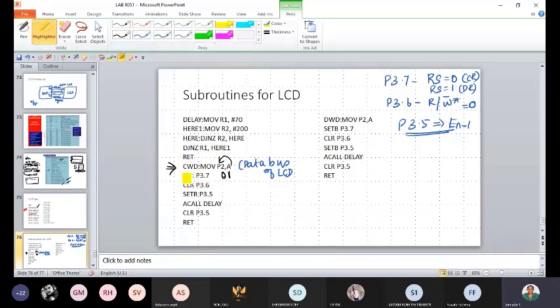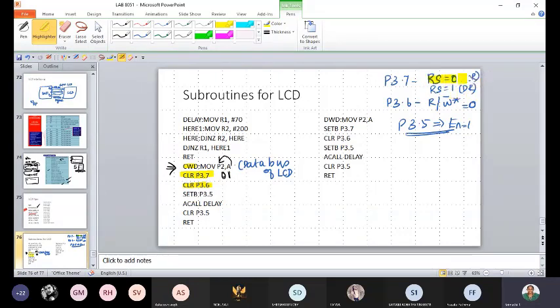So now look here. You have cleared pin 3.7 in your command word. In your command word, first you have moved the data into your P2 because P2 is connected to the data bus of the LCD. So you have moved 01 to P2 and then clear P3.7 first, because first you are sending this command word.